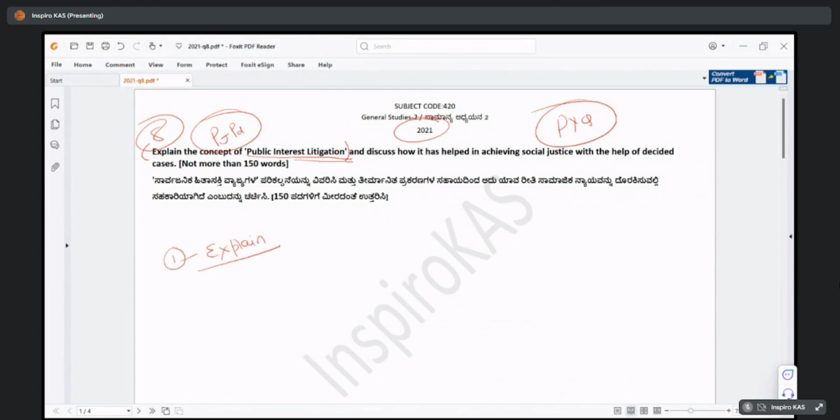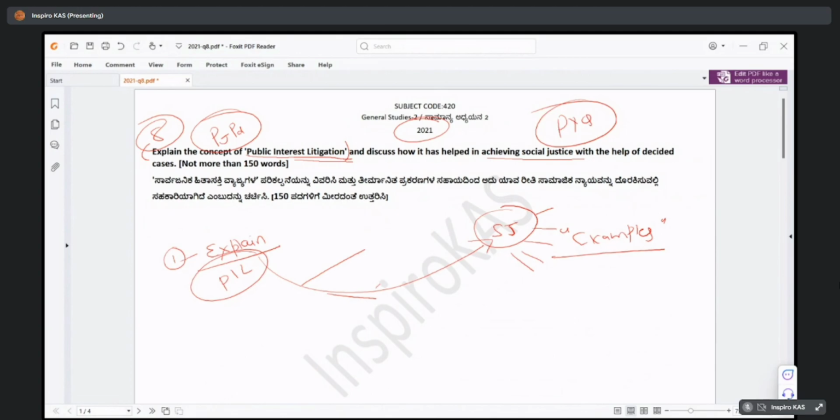Next it goes on to ask how exactly this public interest litigation, whatever we have understood in the first part of the question, is helping us achieve what is called social justice. And don't simply say that this will lead to this, etc. You justify your answer with some examples. Don't give me a superficial or vague answer saying that PIL will lead to A, B, C, D, E, F, G. You tell me exactly which case or example, what was the case decided by the Supreme Court coming to the conclusion of social justice. So this is what the question is asking.